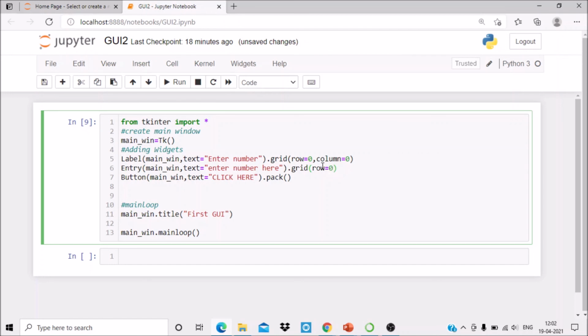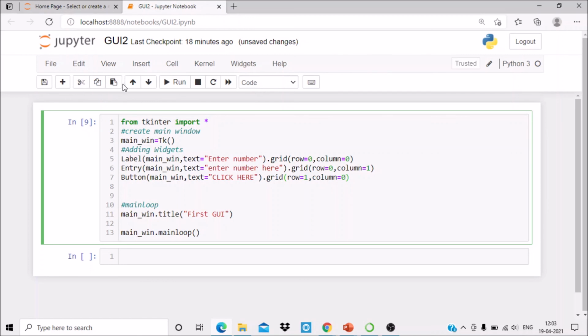I want to have this particular entry widget at row 0 and column 1. Column 1. And the button widget I want to grid in the next row, so that I will have row 1 comma column is equal to 0.